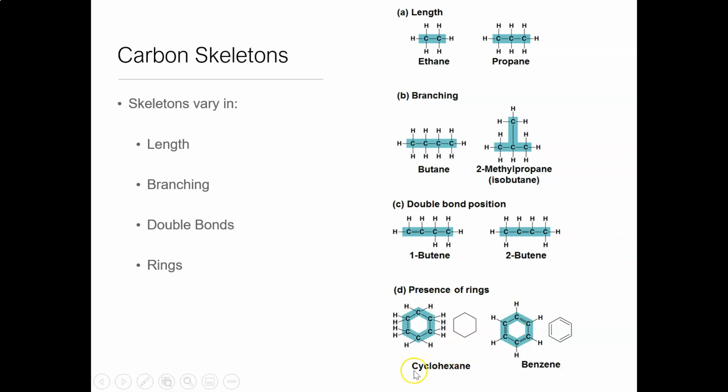And then if we put the cyclo in front of it, it's a ring structure. Again, cyclohexane, all single bonds. That's what the ANE tells me, and then cyclo tells me it's a circle, and then the hex tells me how many carbons. Benzene's a pretty common one that shows up in a lot of carbon chemistry, and benzene is